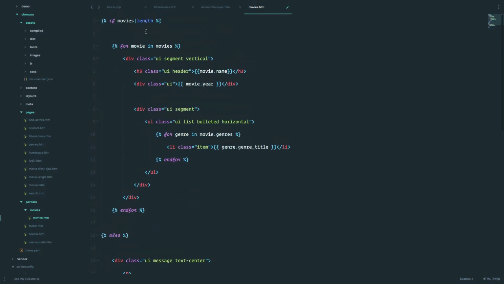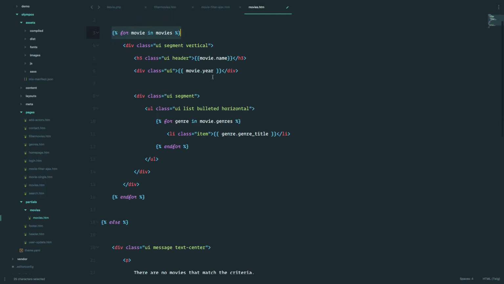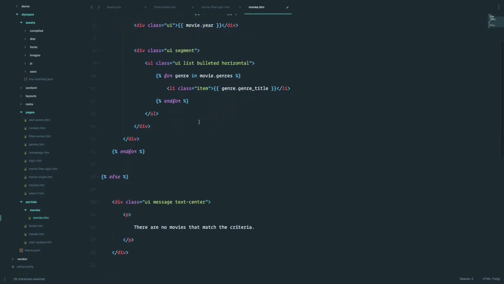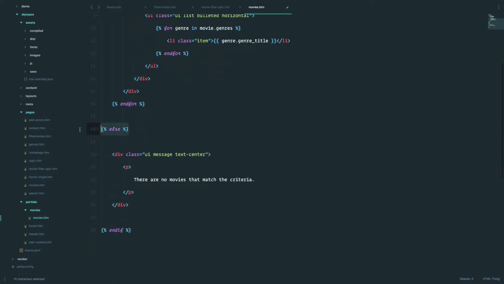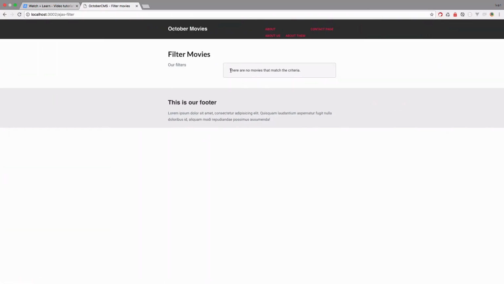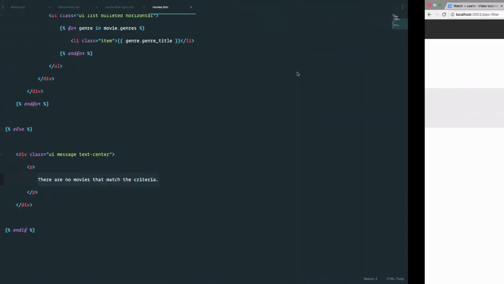Also, so what does this do? It's something we did many times in this series. So we are first checking if there are any movies. If there are, then we just enter this simple for loop in which we display movie name, movie year, genres, and so on. And then we have this else statement right here which says if there are no movies, then display this message. So if we save this, we should actually get that message because we still didn't set up